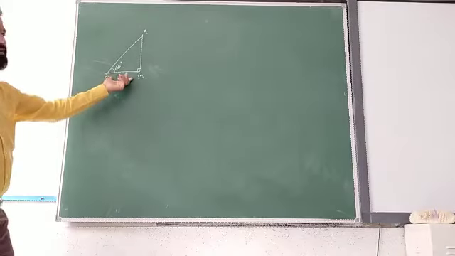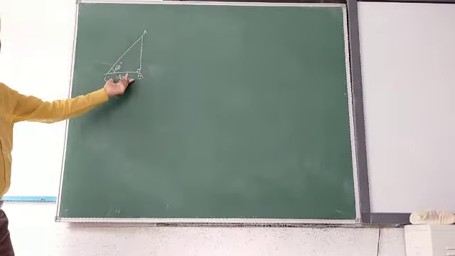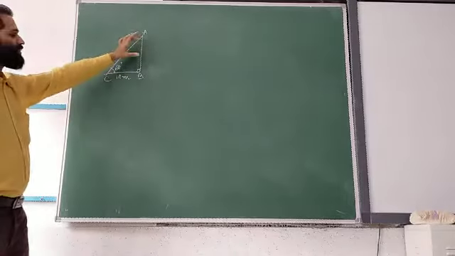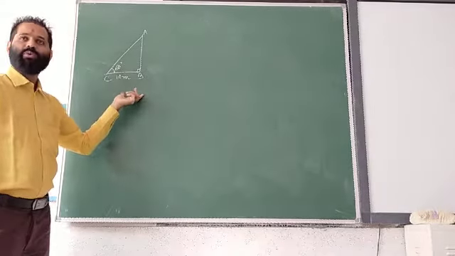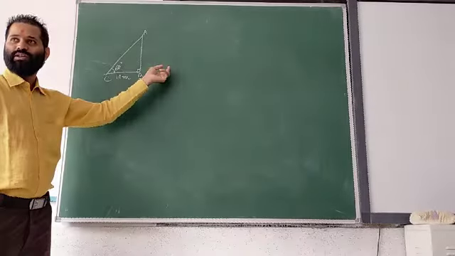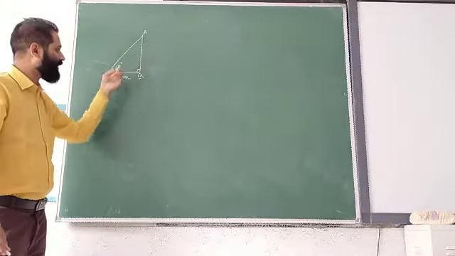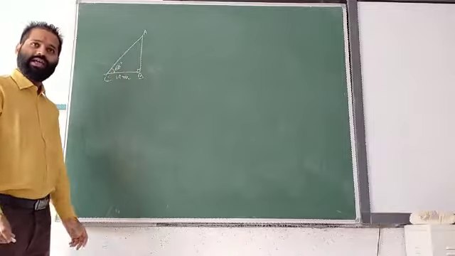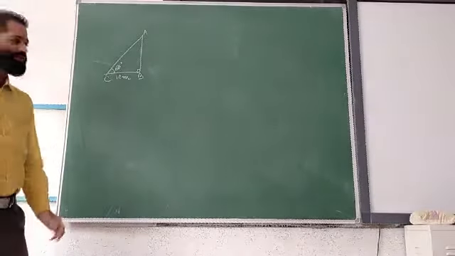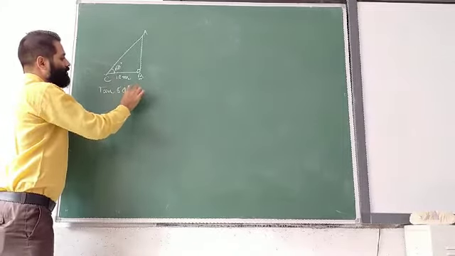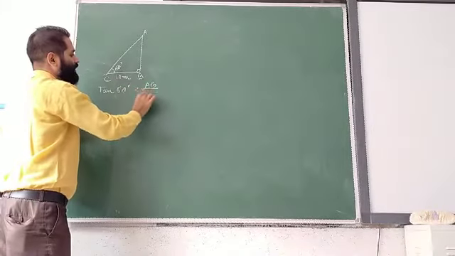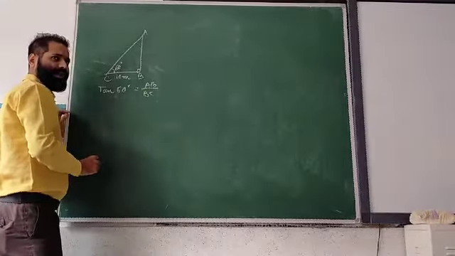Now you know that this is theta. This is the base. Now what is given? Base is given. And what you need to find? Perpendicular. What is the relation between perpendicular and base? Tan. So you apply this way: we'll say tan 60 degree equals AB by BC, with BC equal to 10. Is it clear? What is tan 60?